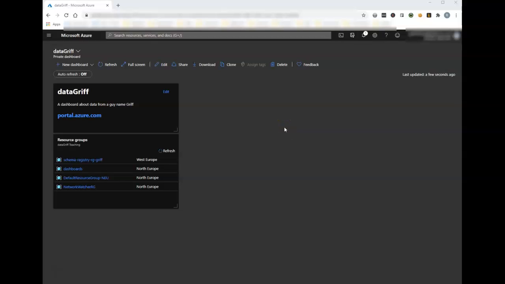Hello and welcome to Getting Going on Azure with Datagriff, and today we're going to be creating a container instance